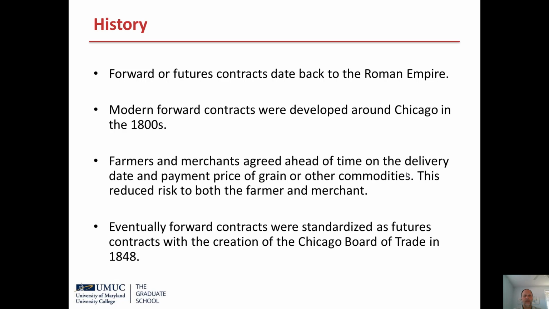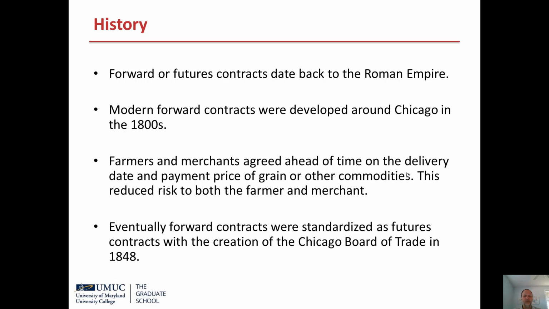Therefore, the farmers and the merchants came up with the idea of signing a contract for delivery ahead of time. This saved a lot of time wasting. The farmer knew directly to whom to deliver his grain and the price for which he would get it. And it also created a feedback mechanism. Before the farmer planted grain, he knew what he would get paid. If he didn't like the price, he could propose, well, what if I plant something else? So this created a more efficient planting system for the farmers and therefore better food production and delivery in Chicago.